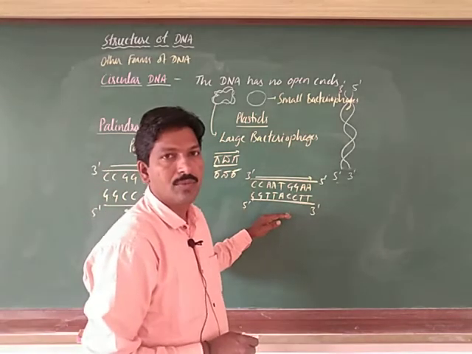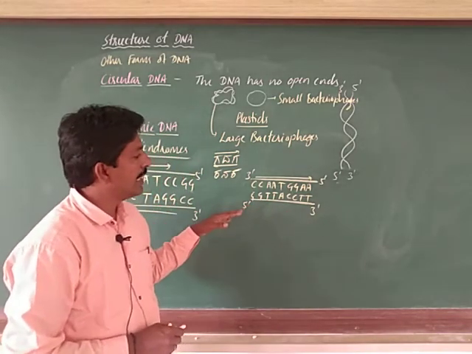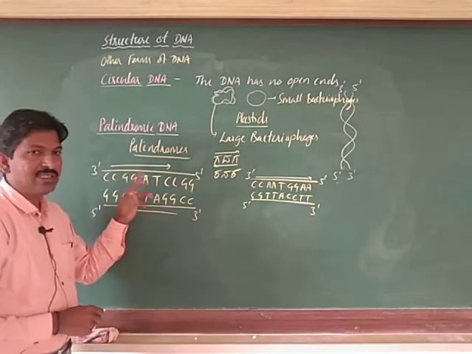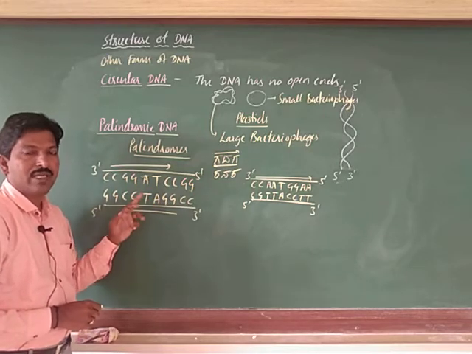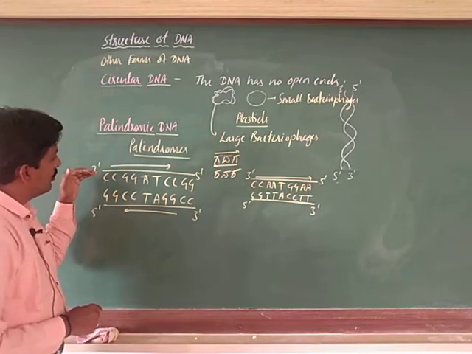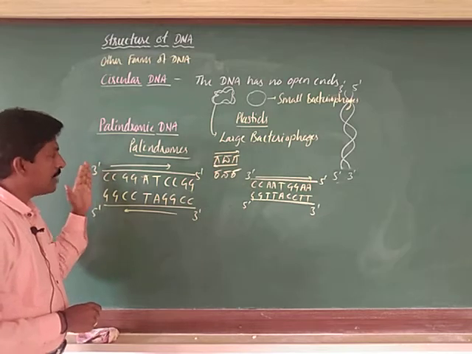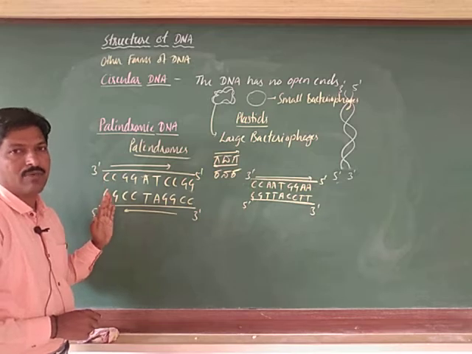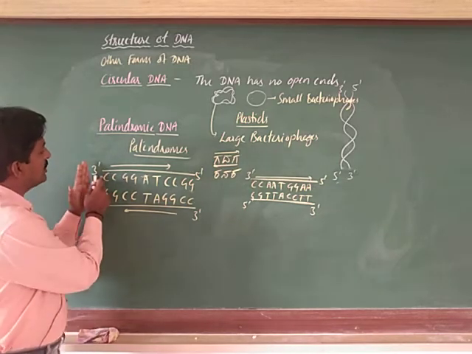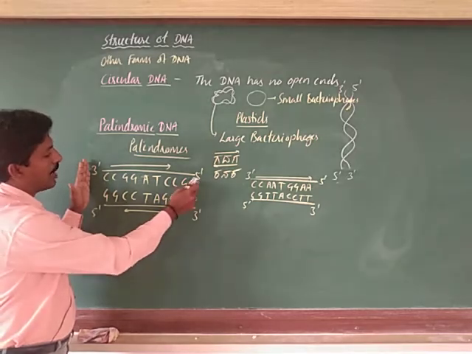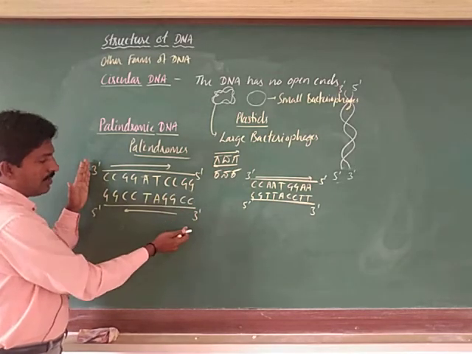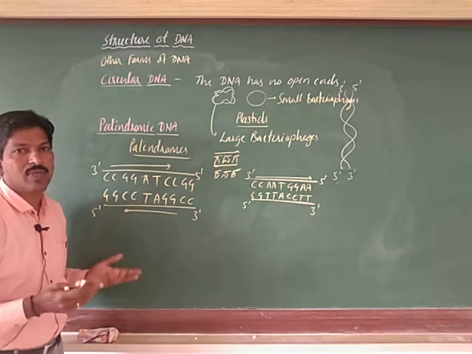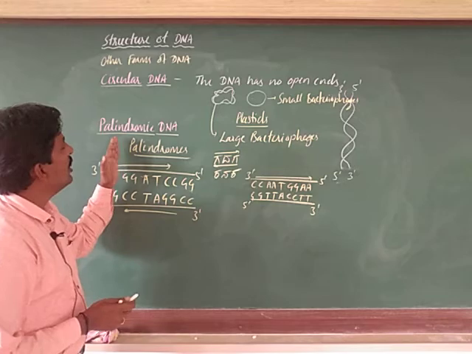So, this is not a palindrome, okay. This sequence is not called a palindrome because it is not read like this, okay. Palindromes are the segments of DNA in which the sequence is the same in sequential arrangement: in one strand when you are reading from 3rd prime to 5th prime it appears the same, and in the other strand when you are reading it from the same direction, 3rd prime to 5th prime, that is also the same. In this way we can define it. Understood? So this is the palindromic sequence.